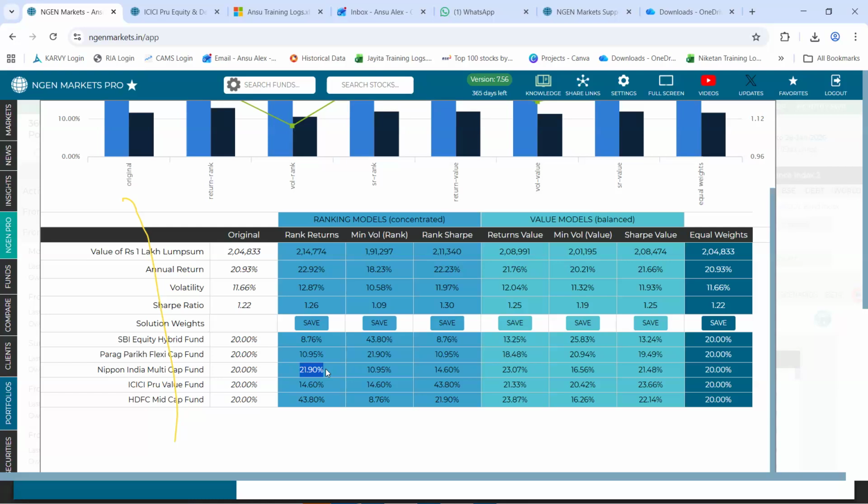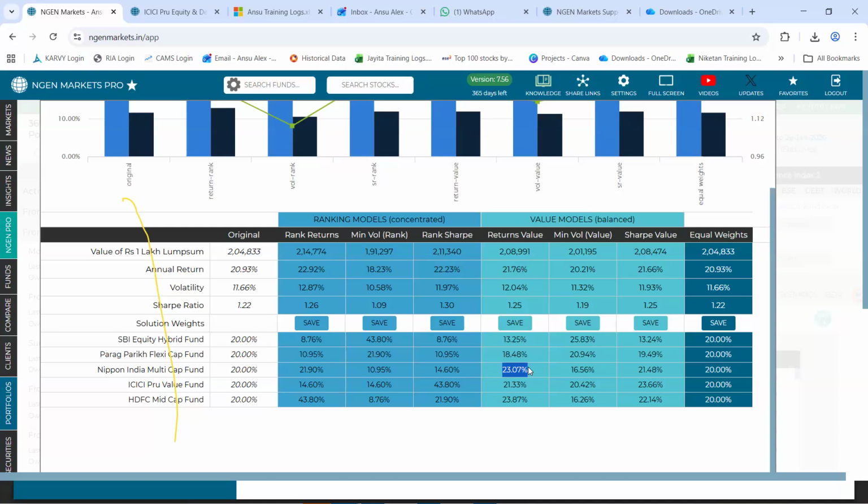Now, this is what is countered in our value model, which is called a balanced approach model. Here as well, the objective of the first model, returns value, is to maximize the return. You could see a return of 20.9 could have been a return of 21.7, wherein 23.8 was allocated to HDFC Midcap and 23.07 was allocated to Nippon Multicap.